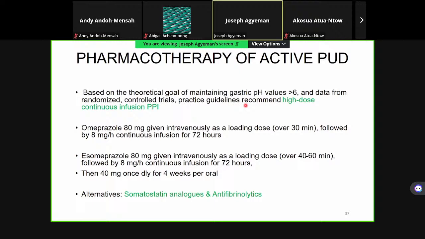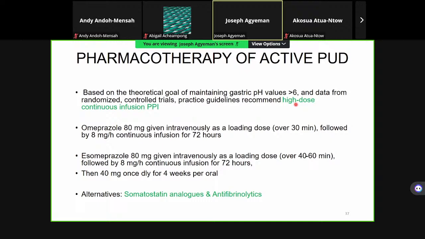And with this, PPIs are utilized a lot when it comes to bleeding ulcers, the conservative therapies. And therefore, it's not surprising that at the ward, you see a lot of injectable PPIs being used. It is based on this principle. Increase the pH to above 6, you stabilize the clot on top of the wound, and this prevents further bleeding. You can only achieve this by using high-dose